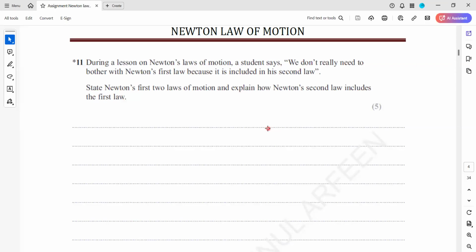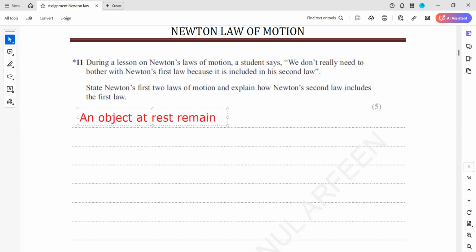So you just have to show a relation between the first and the second law, and you have to state Newton's laws of motion. So what are Newton's laws of motion? According to Newton's first law, an object. What is Newton's first law of motion? Newton's first law of motion is, an object at rest